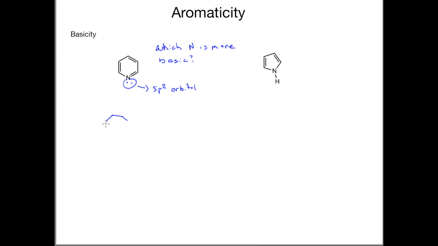So if we draw this out, one of the things that we see here, if I put nitrogen there at the end, right, we have nitrogen that already contains a p orbital that is within the system itself. And then the lone pair on the nitrogen is not going to be part of this. Notice that it's already sp2 hybridized. The lone pair is going to be pushed to an sp2 orbital there on the side. This is exactly something that is perpendicular to the pi system that we see.